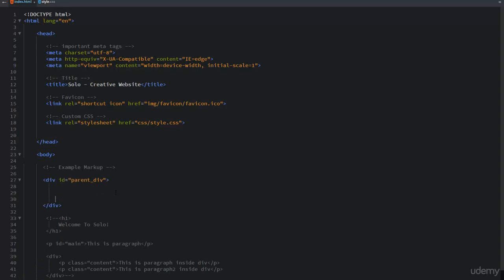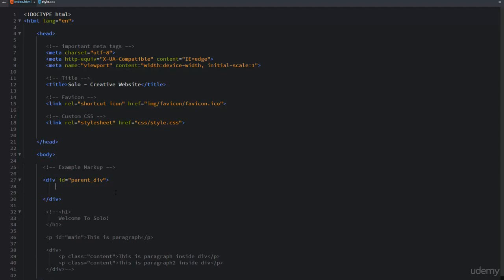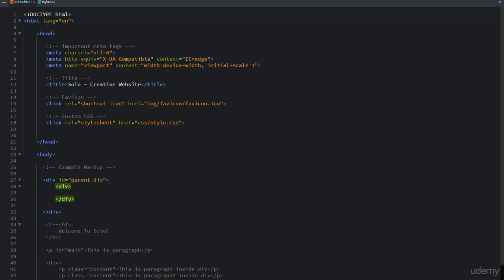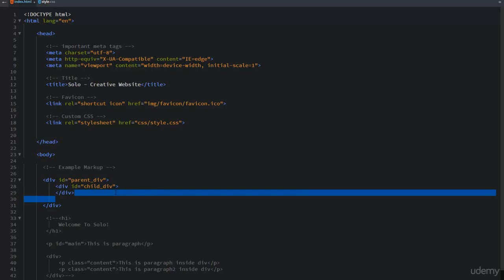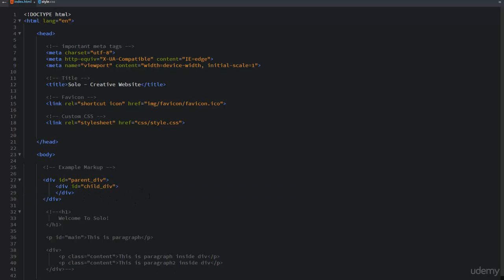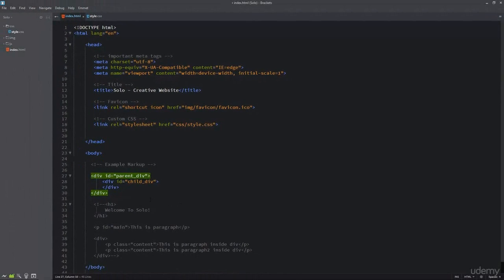Inside this parent div, I am going to add another div, or you can say child div, and I'm also going to assign an ID to this child div. The ID is child_div, and I'm going to leave it empty. Okay, I have this simple HTML document and I have one div inside another div, the child div inside of its parent div.